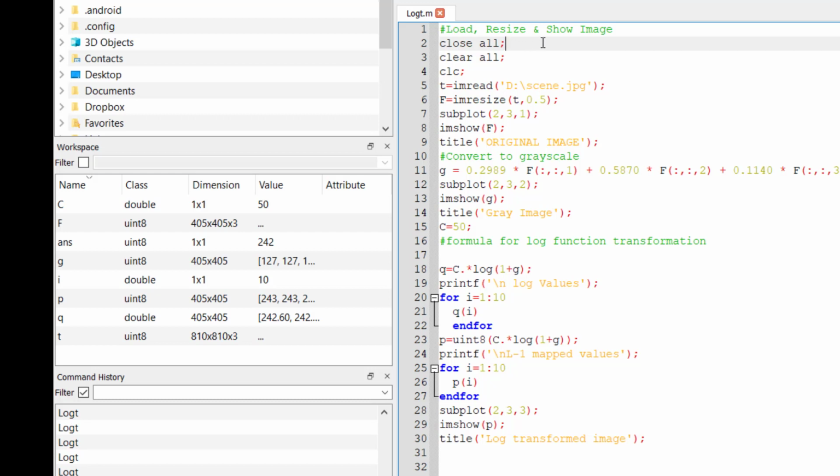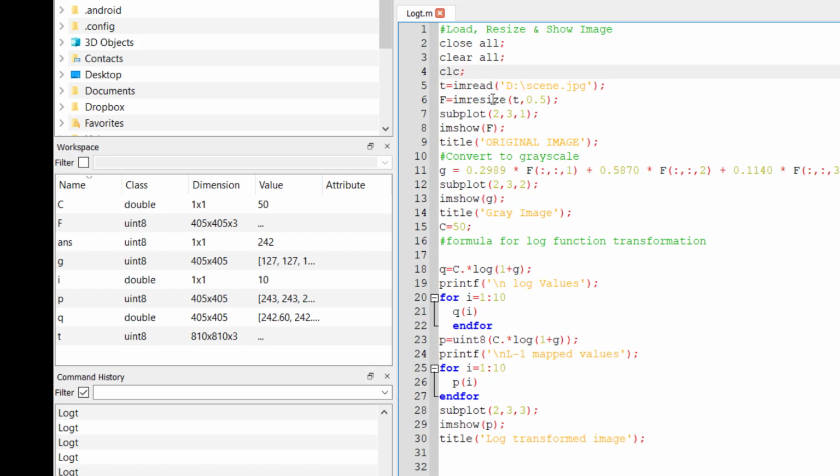It will close all the functions, that is, all the variables that we have used. Then clear will clear all the contents of your variables. If you do not clear the contents of your previous program's data, it will create some problem while executing the program. And CLC stands for clear screen.